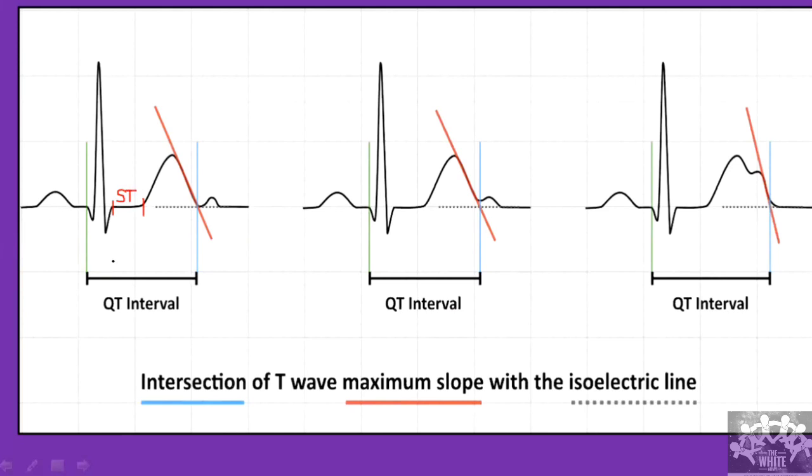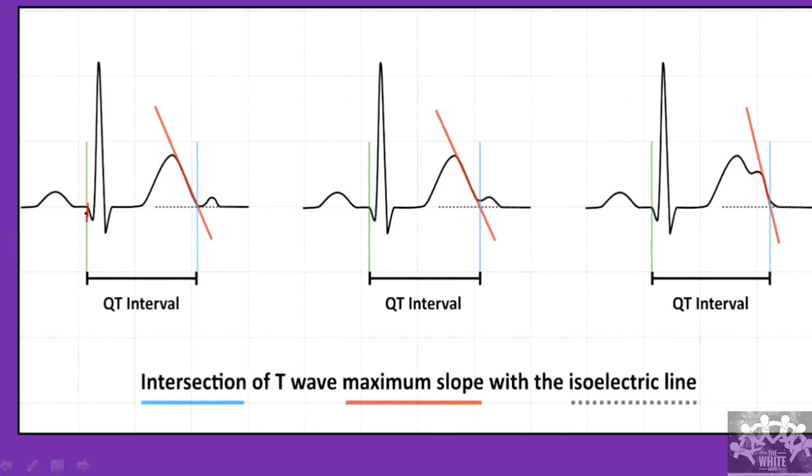If I want the QT interval, it is shown here: the onset of the Q wave till the end of the T wave. So it's called an interval. A segment is isoelectric. That means there is no change in the deflections. It is just a flat line. Usually segments are just isoelectric. Isoelectric means just a flat line.